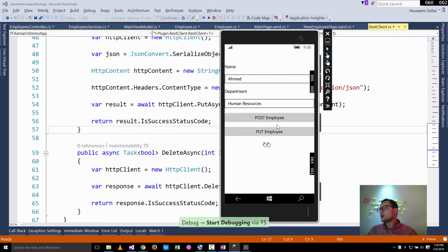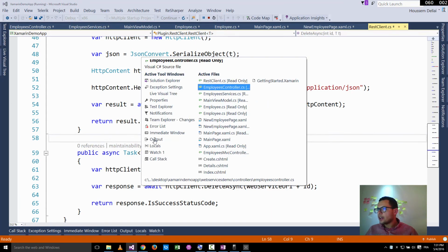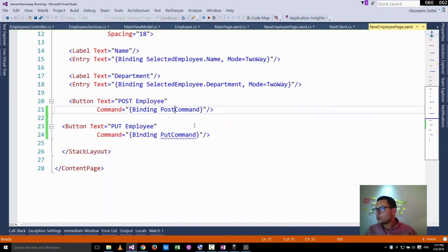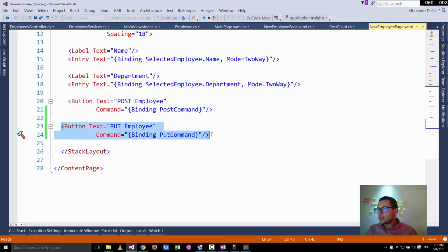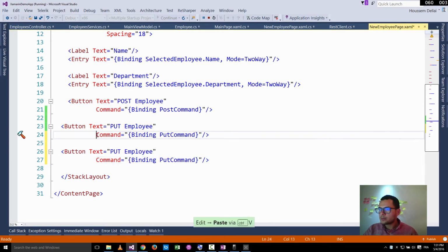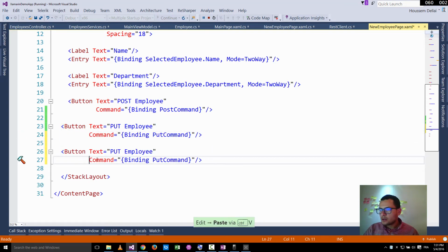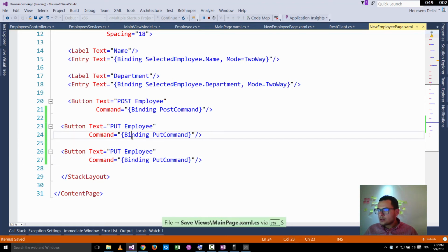So clicking F5, now I have the put functionality working for me so that I can change the value of any employee I want. Now let's try to add the delete functionality. For that, I'll go to the add new employee page, and here I'll copy this code to add a new employee. So here I call this command